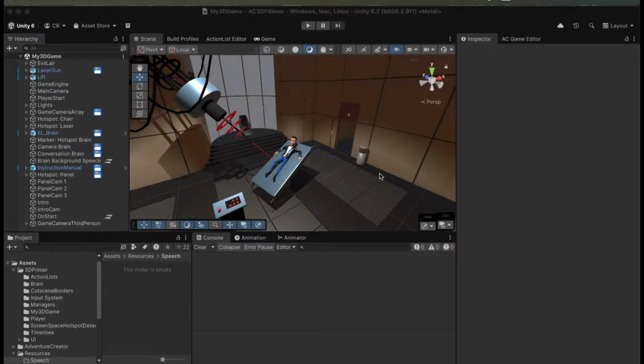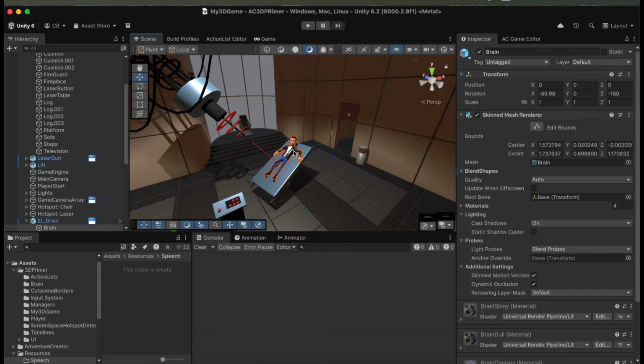When we have characters speaking with audio, we generally also need them to be able to animate their mouths as they do so. This is typically dynamic so that the characters' mouths match up with what they're saying, and AC offers a few options when it comes to both lip syncing and facial expressions. While it is possible to animate using either animator layers or timeline tracks, another option for 3D games is to rely on blend shapes. If we have a look at Brain here, and have a look at his model,